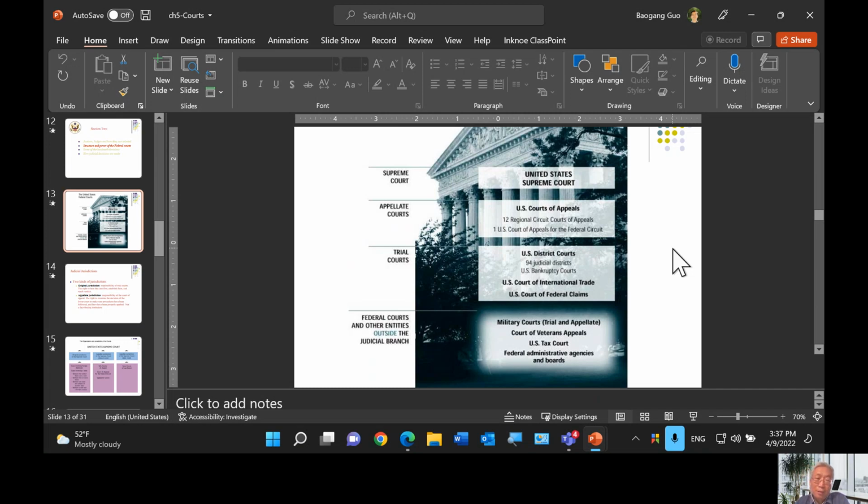But sometimes a sovereign entity can sue another sovereign entity. For example, you can have a state government suing the federal government, or a state government suing another state government.